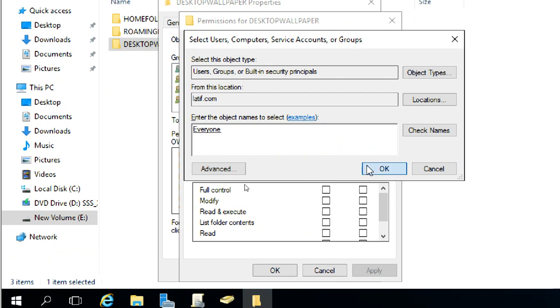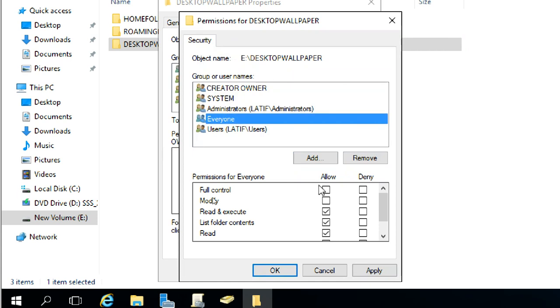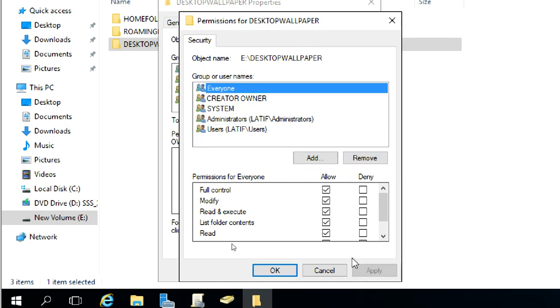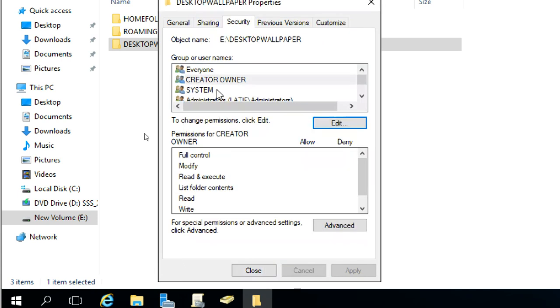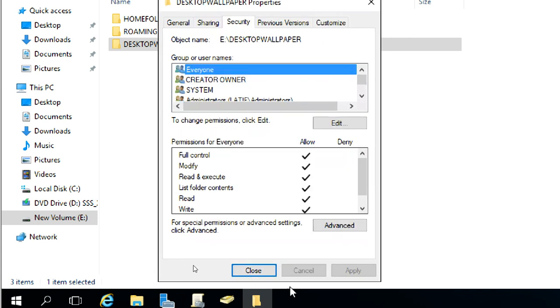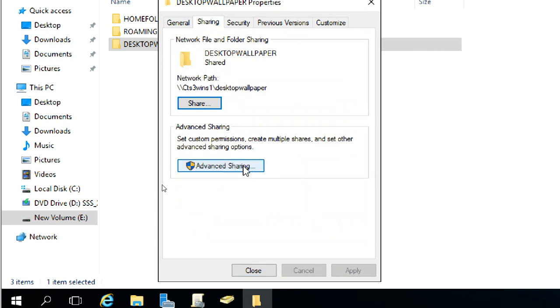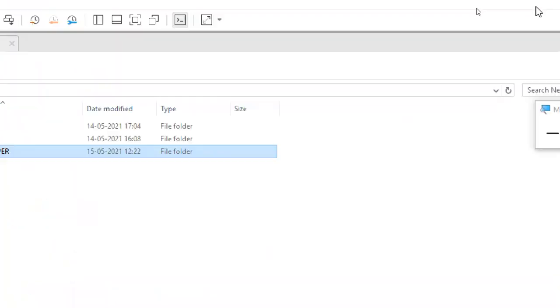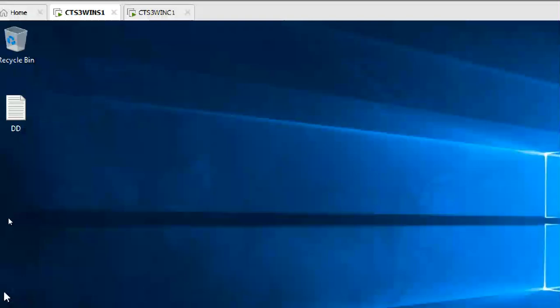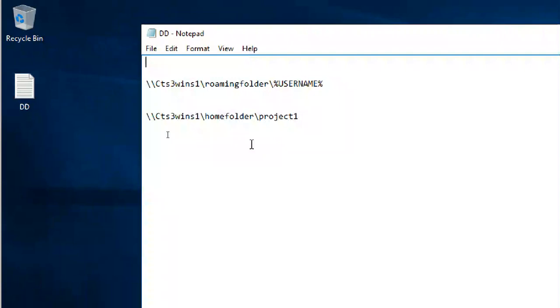But I'm giving it to everyone. Security permissions given, sharing done. I'm copying this network path, closing it, and pasting it in Notepad. Later we'll see this one.